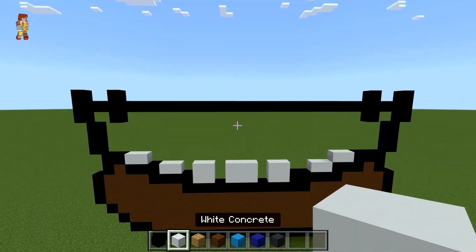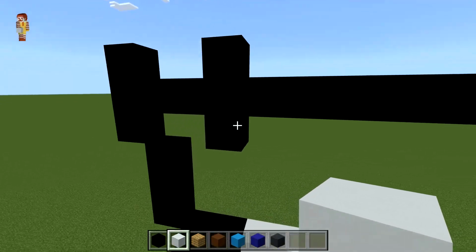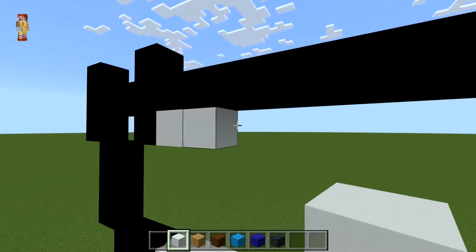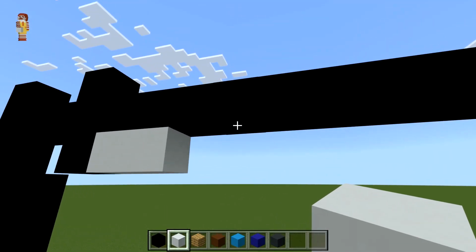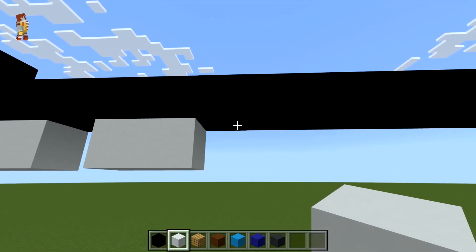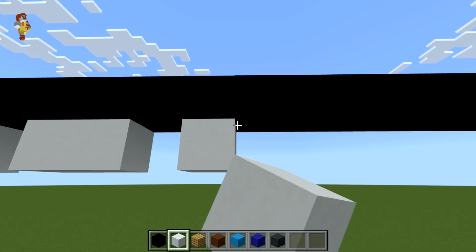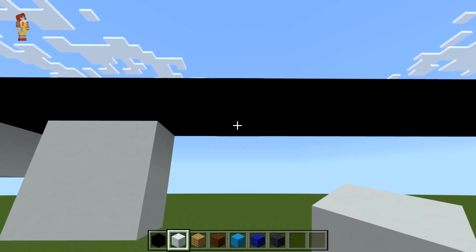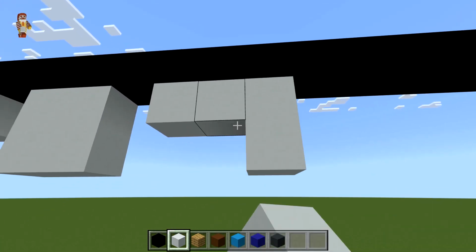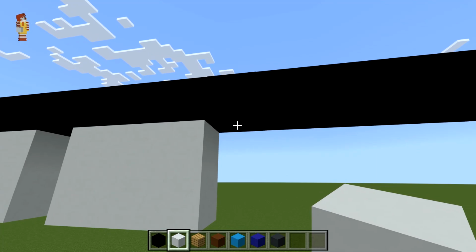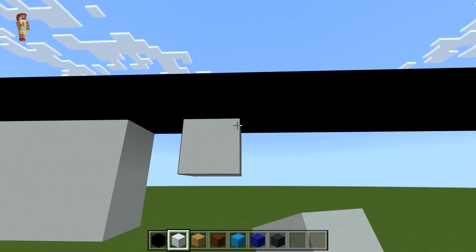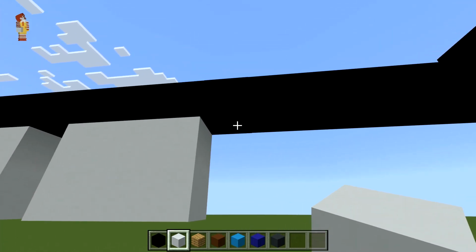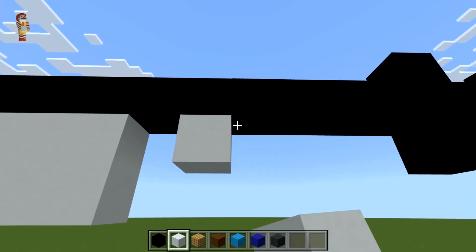And now we're gonna do the top row of teeth. So starting from here on the H, you're gonna do a row of 2, 1, 2. Put one space in between, another row of 2, 1, 2, one space between, do 2 rows of 2, 1, 2, one space over, you're going to do 2 rows of 3, 1, 2, 3, 1, 2, 3, one space, do 2 rows of 3, 1, 2, 3, 1, 2, 3, one space,